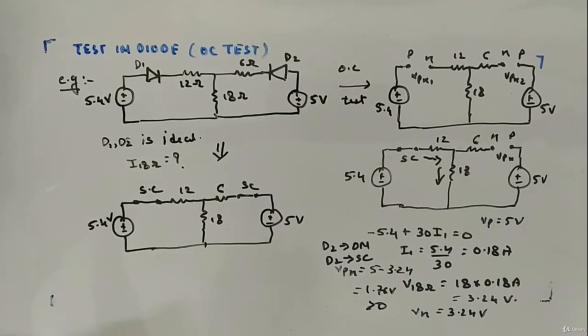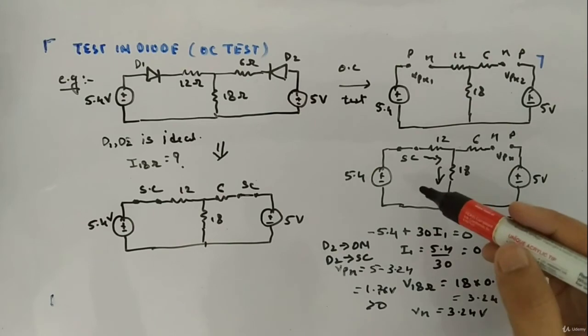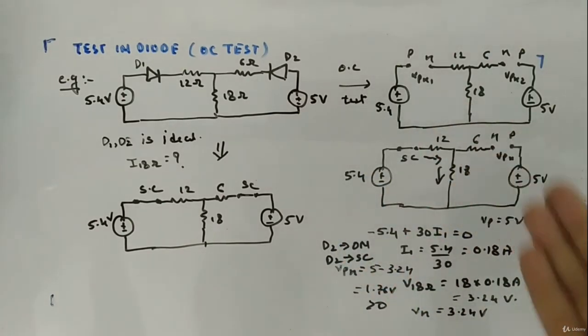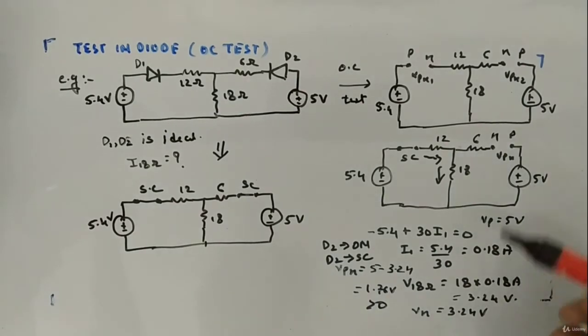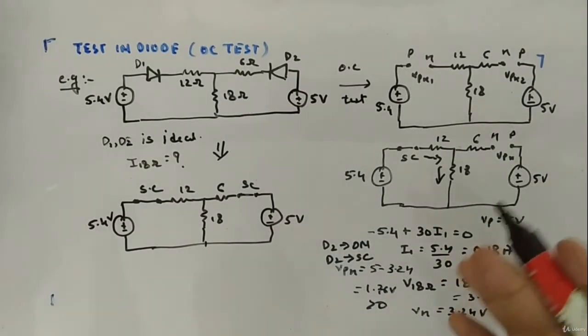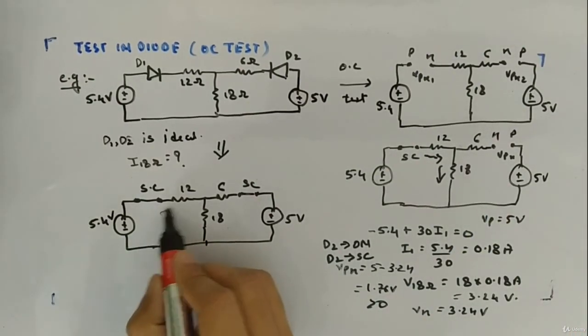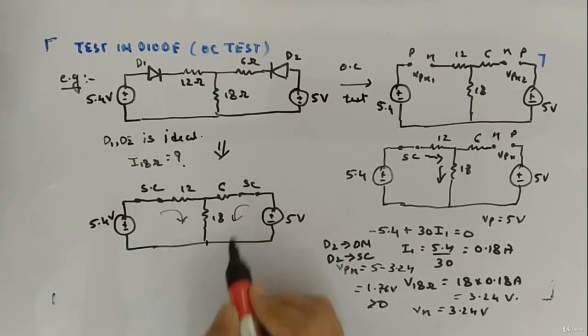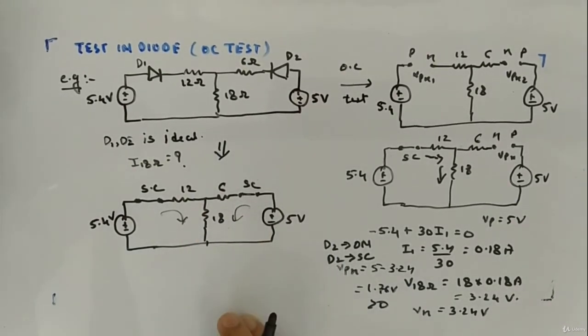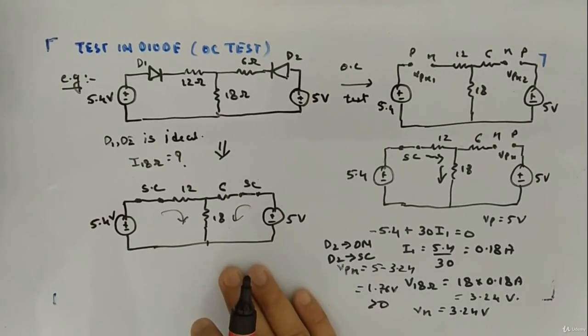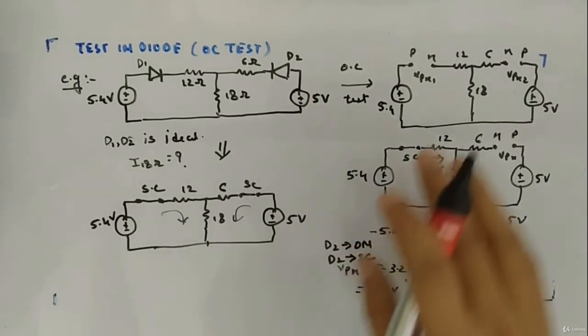Okay, so you got the procedure, I hope. It means the way to check whether the diode is on or not is different. We check one by one, depending upon the voltage across them. Whichever one has the higher voltage will be on first. And from here, you can calculate the current like this and like this, and it will be a bunch of equations. You can do the calculation. So it's just a normal circuit. That was the important part.